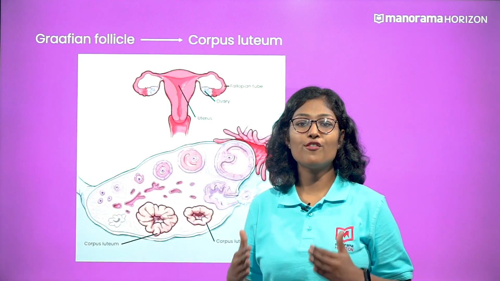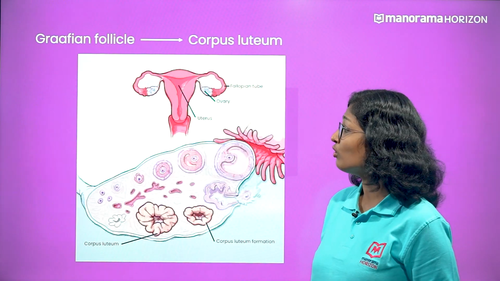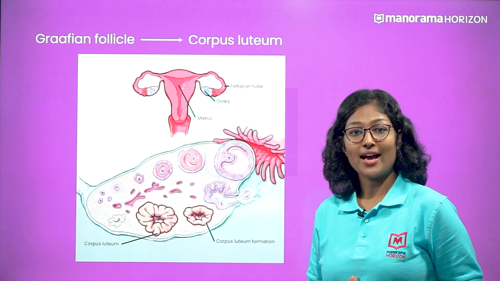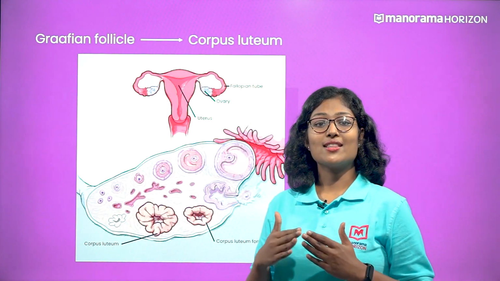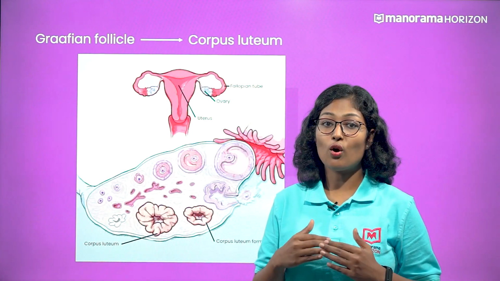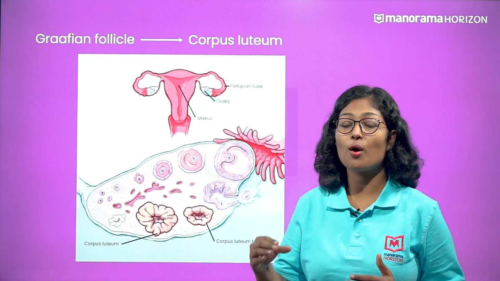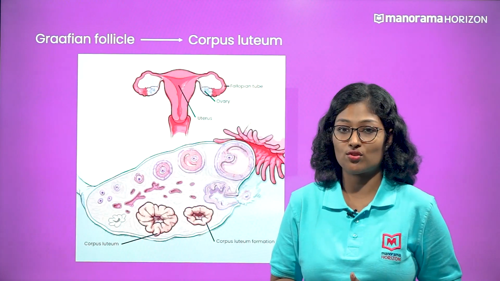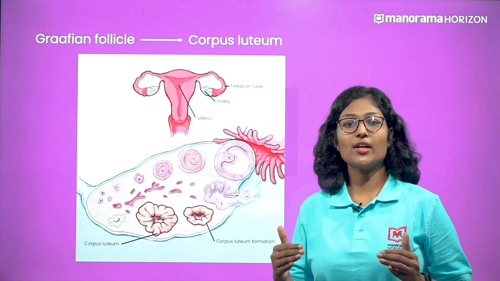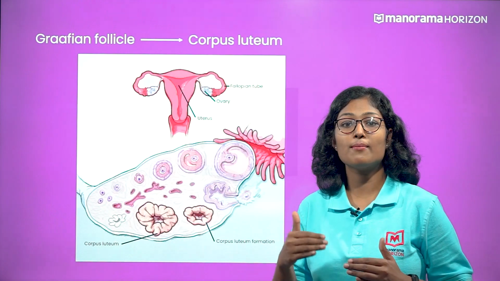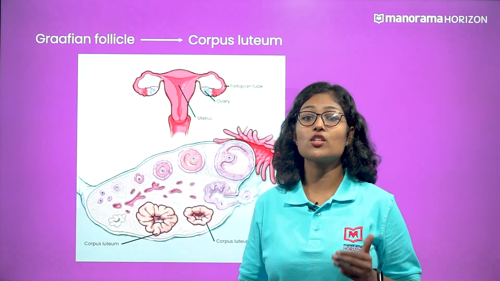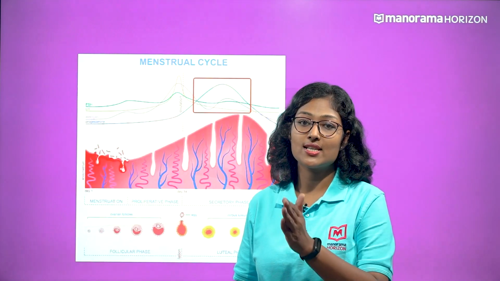After ovulation, the remaining parts of the Graafian follicle become transformed into a corpus luteum. Here, LH gets into action. It facilitates this transformation. It also triggers the creamy shaded corpus luteum to secrete hormones, which are progesterone and estrogens. It marks the secretory phase or the luteal phase of the menstrual cycle and lasts from day 15 to day 28 of a 28 day cycle.